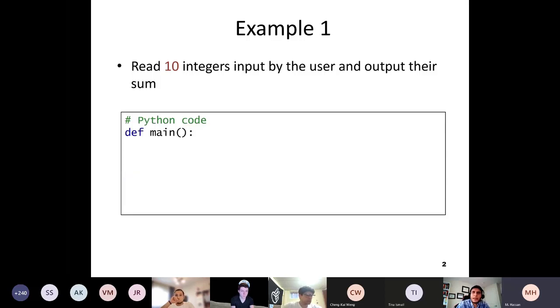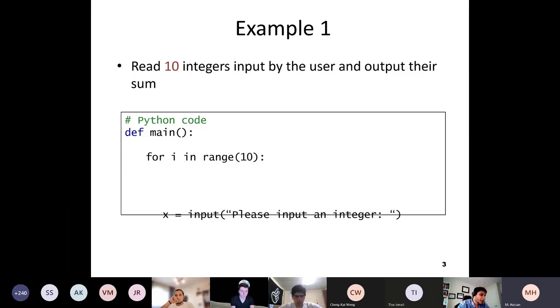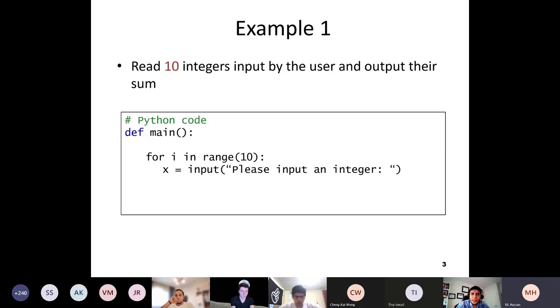So if I go through Python, I simply write a very simple for loop saying for i in range of 10, and then input, please input an integer. We said previously that in Python this simply works as input and output at the same time. So you output the instruction message, which is please input an integer, and you also read the input from the user, and then this will go to x, right? Inside the same for loop,